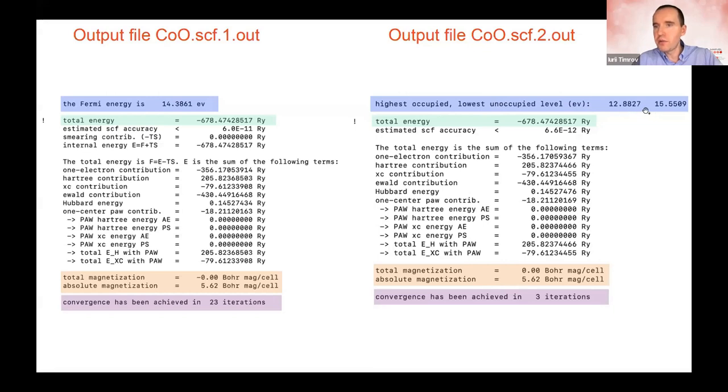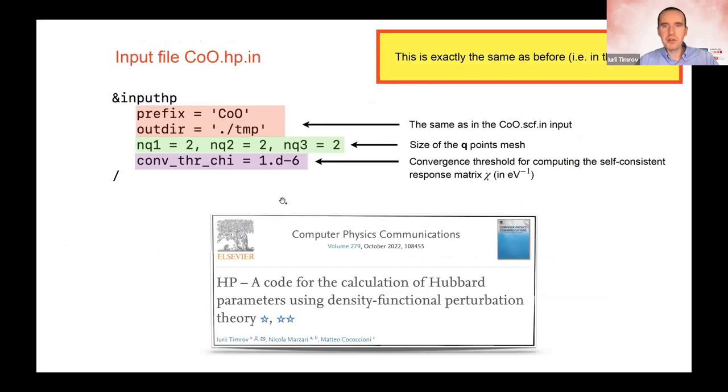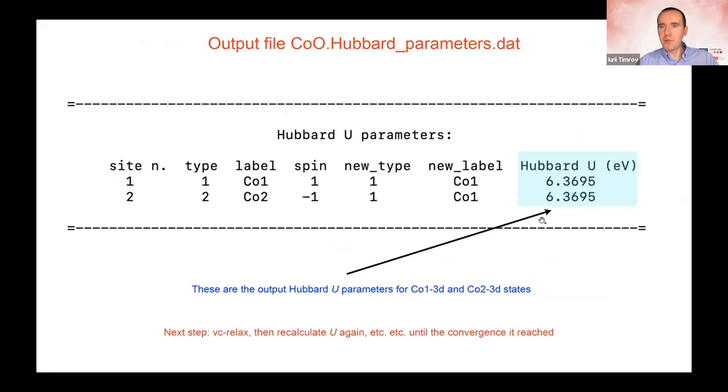And we see that indeed HOMO is lower than LUMO, so indeed we have a gap. The total energy didn't change up to 8 digits, so no changes. Total magnetization is still 0, as it should be. And we performed only 3 iterations to converge because we started from a very good density and wave functions. So it's really a sort of refinement calculation when we switch from metal to insulator. And after these 2 steps, we repeat the HP calculation exactly the same as in the first run without any changes. And we obtain a new value of the Hubbard U parameter,